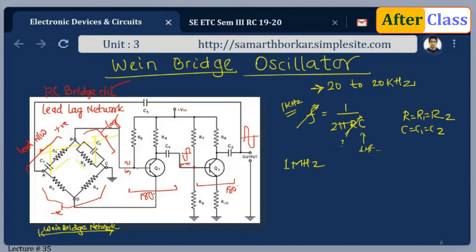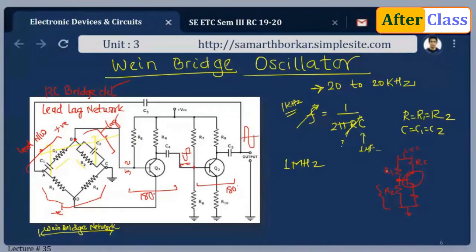See, the input to the first amplifier is taken from this point. With respect to ground, if you analyze it, it is as good as having R2 and C2 connected. Normally we have this amplifier connected to ground. Here we have R1, R2. The voltage to this transistor is the voltage across R2. Now try to relate to this particular figure.